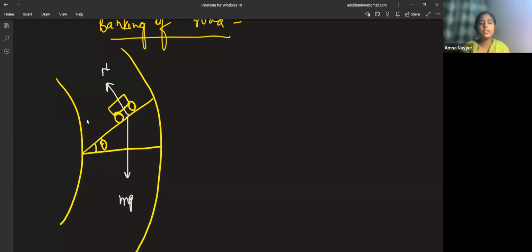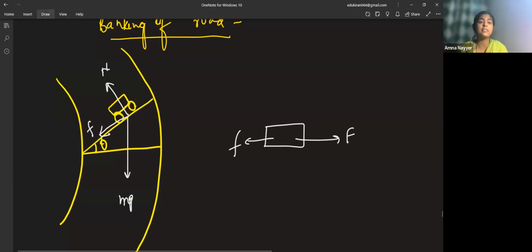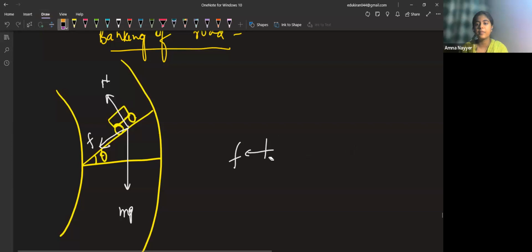So friction force is acting. Now, the friction force which was acting initially when the car was like this, centrifugal force was pulling it outwards, so frictional force was acting downwards. Now, what is the tendency of the body? If there is an inclination, the body has a tendency to slide down. So the force of friction acts like this. So there's a problem with normal reaction this time and there's a problem with frictional force this time. So we have to resolve these forces.